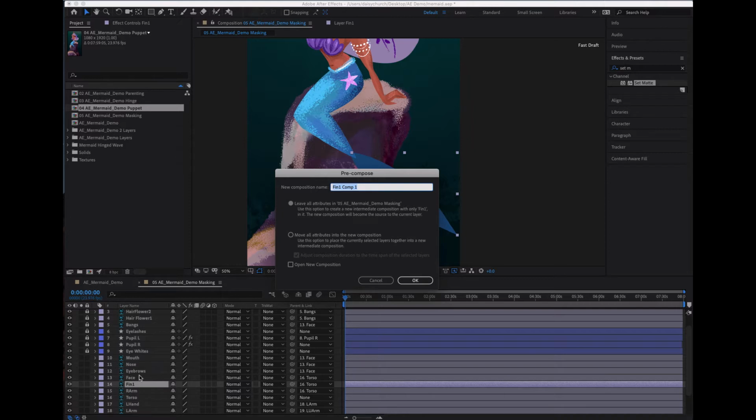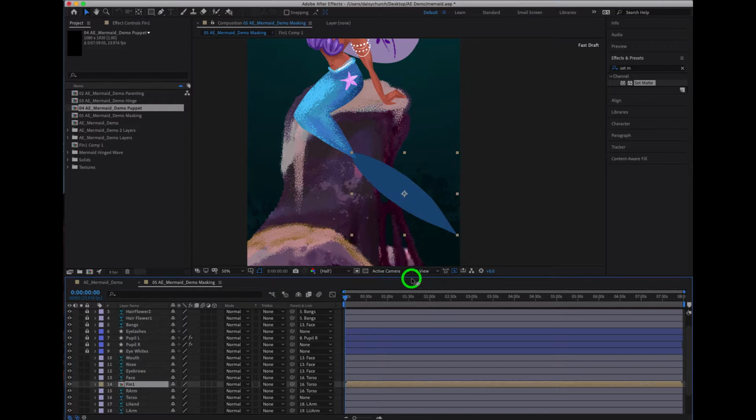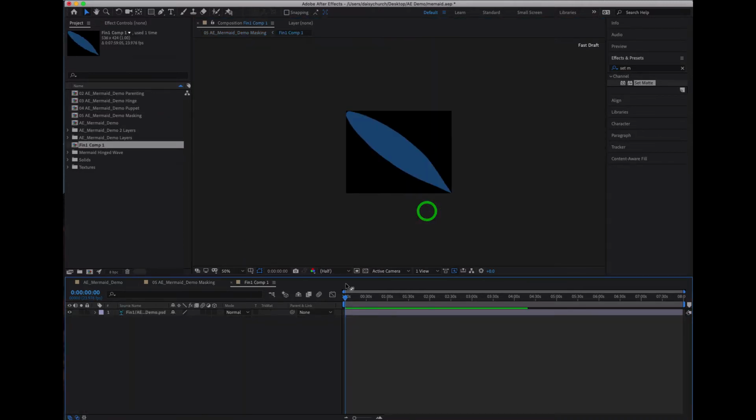So I can call it fin 1 comp 1. That sounds fine. Leave all the attributes here, and then this is now a comp. The fact that this is a yellow layer and that you see this little different icon, now when I click into it, I actually have my own timeline and I have different things that I can apply to it in terms of a layer. So hopefully you see that